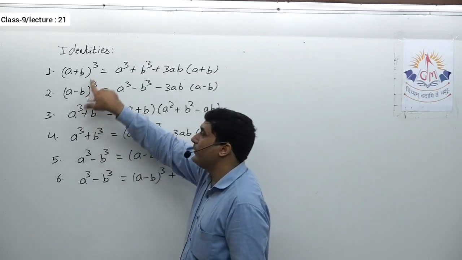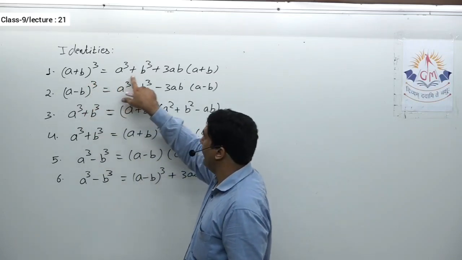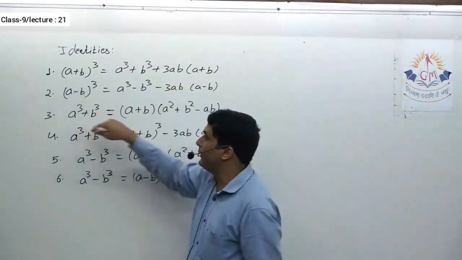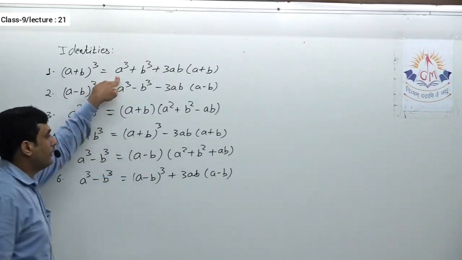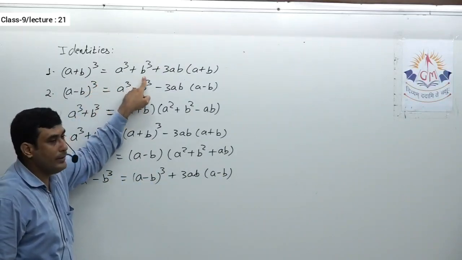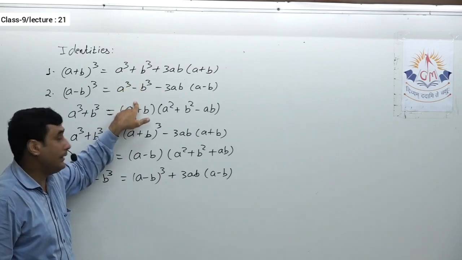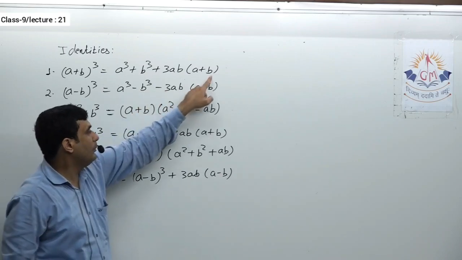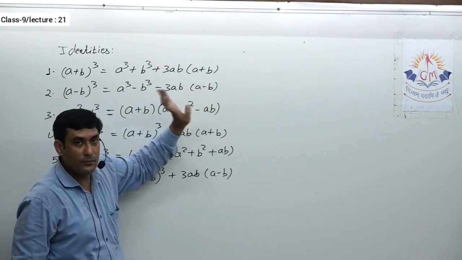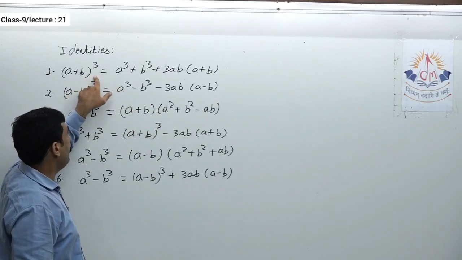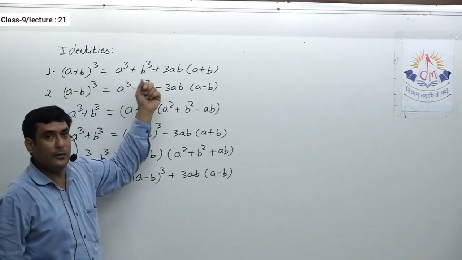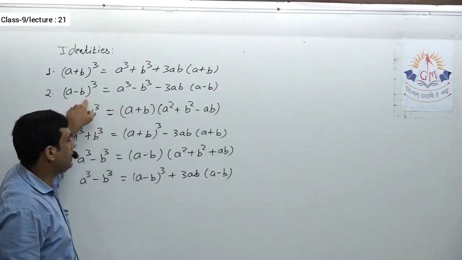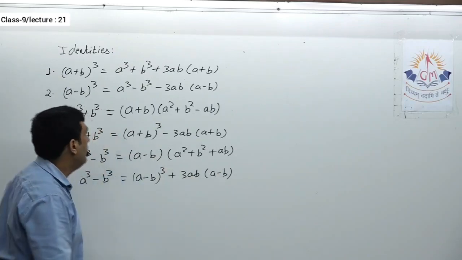Now this you can remember with the help of this. Simply wherever you find b over here, you can put a minus sign before that and you will get this identity. See, in the first term b is not there, so I write it as it is. Over here b is there, so instead of plus I will take minus. Then again b is there, so instead of plus I will take minus. Again b is there, so instead of plus I will take minus. So simply we can say in the identity of (a plus b) whole cube, wherever b comes, if I change the sign just before that, then I will get the identity of (a minus b) whole cube.